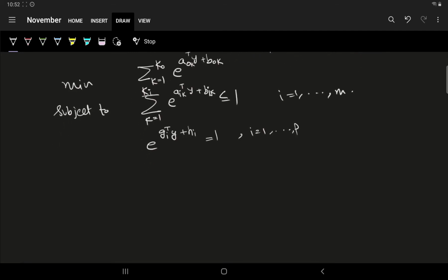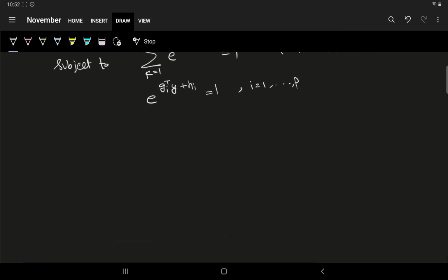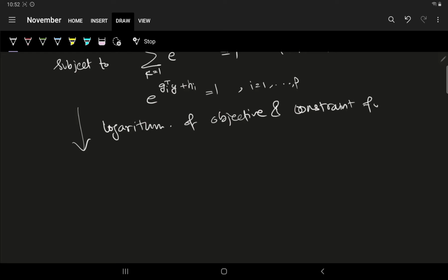Now this is the same as the original geometric program. Now we transform the objective and the constraint functions by taking the logarithms of all these functions. So, logarithm of the objective and constraint functions,